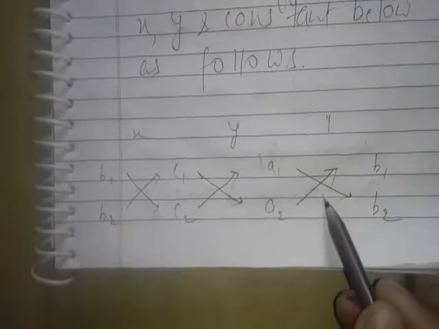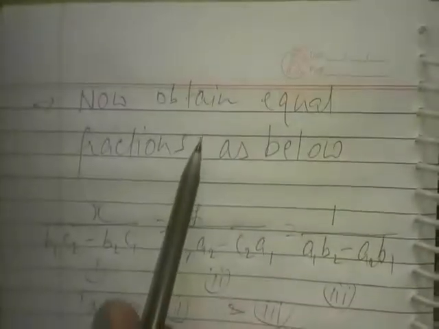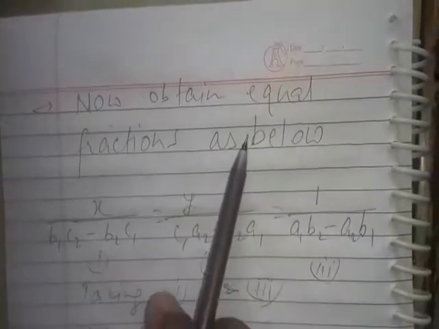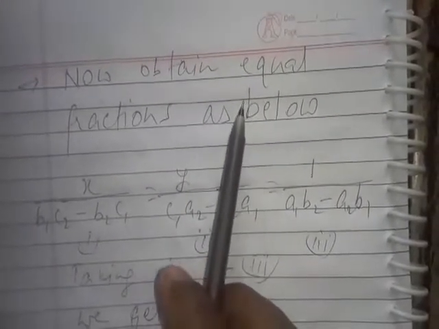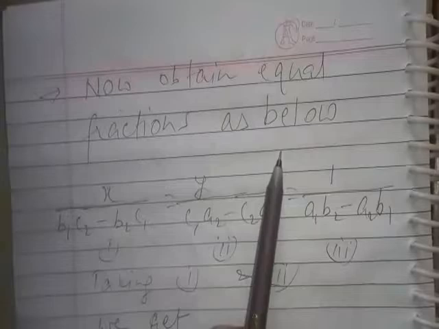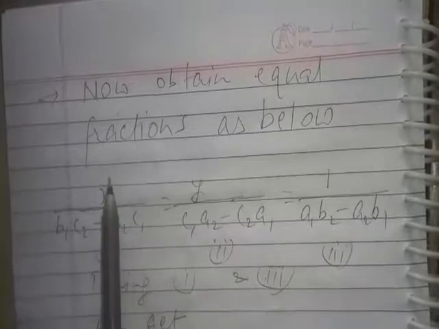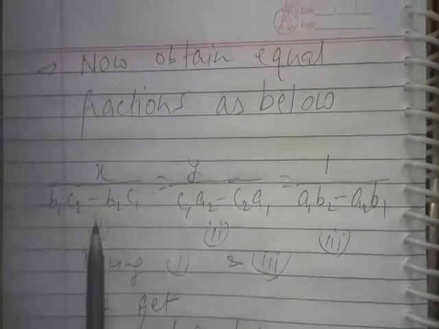And then we will start finding the products and obtain equal fractions. How will we obtain equal fractions? We will obtain equal fractions with x, y and 1 in the numerator, and in the denominators we have all the constants. We will multiply the numbers with downward arrow and from their product subtract the product of the numbers with upward arrows, as has been shown over here.